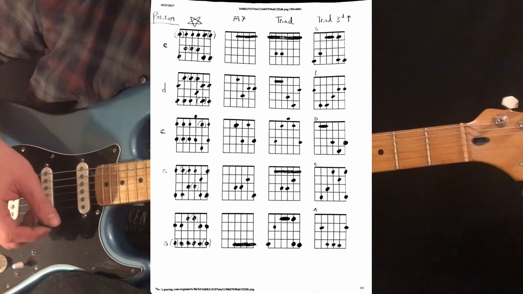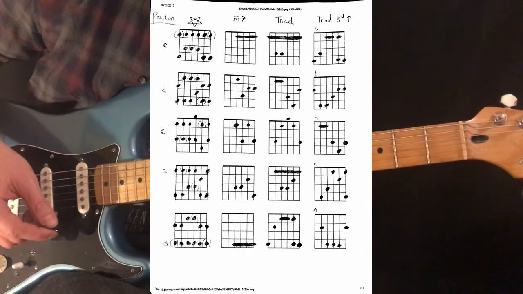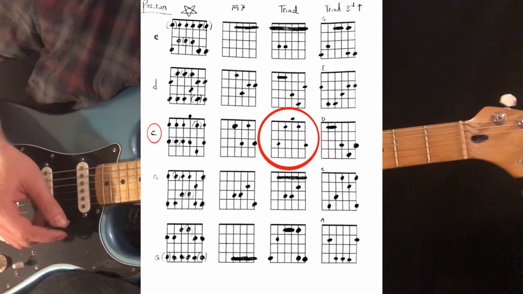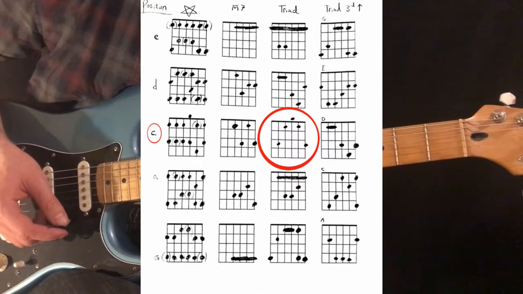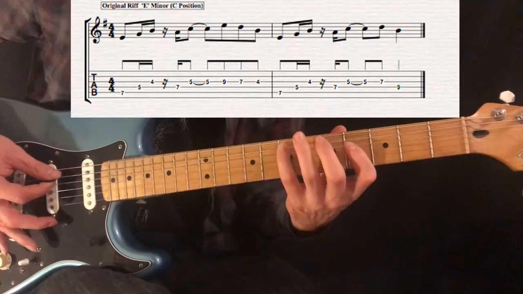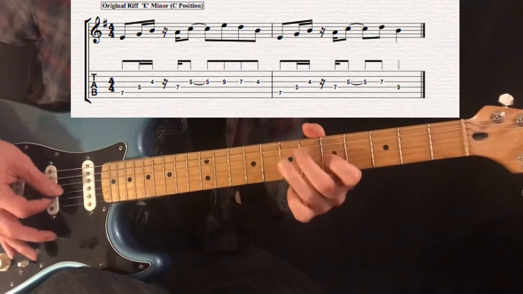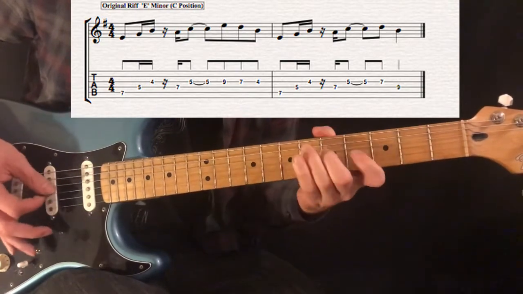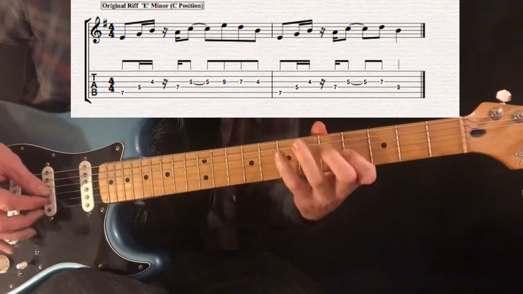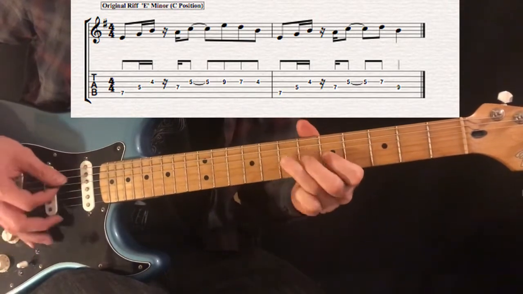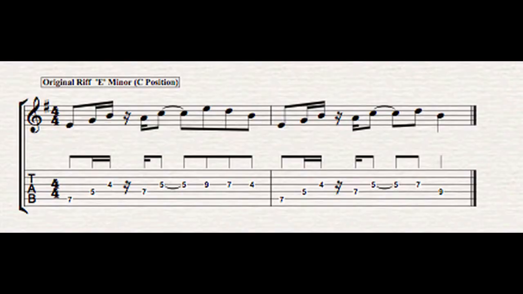Let's take my riff that I'm going to use for this video. It's in E minor. So learning all the CAGED chords in minor keys or minor chords is going to be beneficial for you. This riff is in C position. Figured that was a good place to start so we can work through this CAGED system. Write down the names of the notes in the order that they appear that your riff uses,